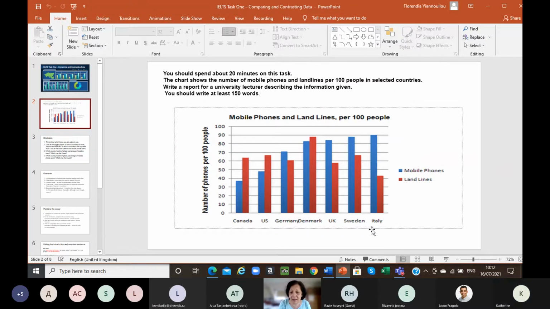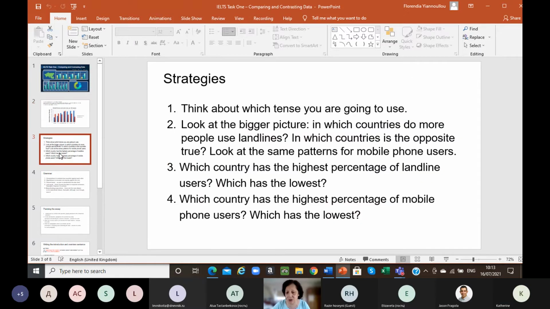So that is telling you, if you don't have any dates, that is a general truth or fact about those countries. So that means we use the present tense. If we had dates, we'd use the past tense. So this is something, again, that is important to remember as a strategy in the exam,